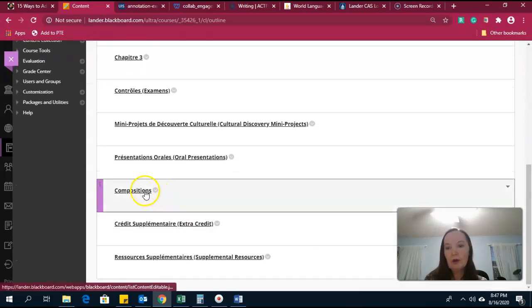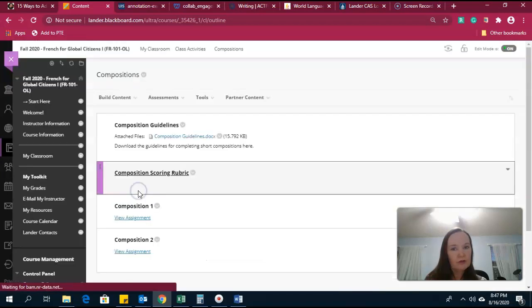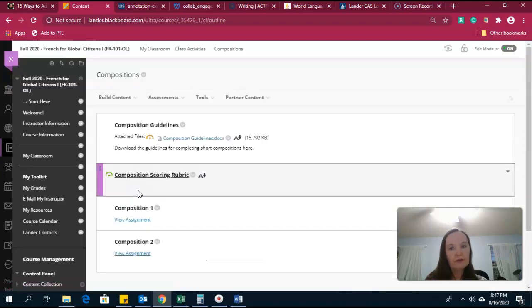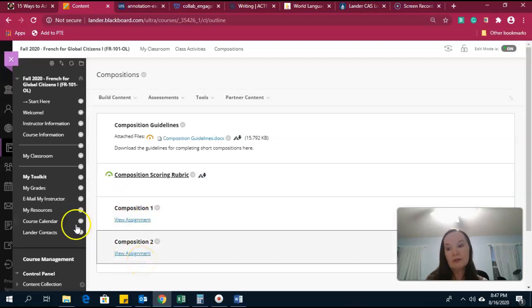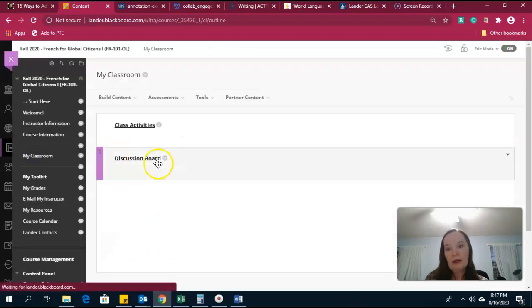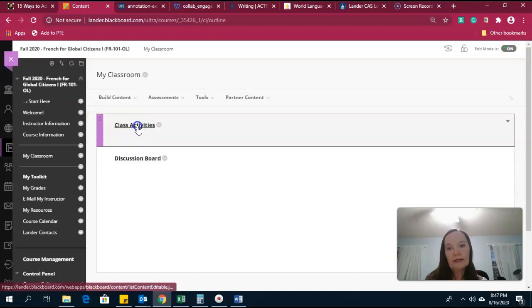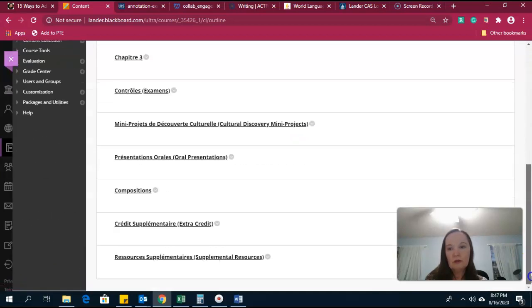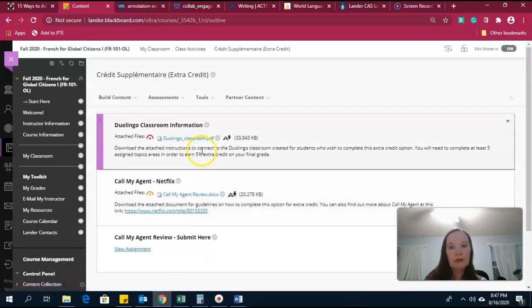All right, we're almost there. And finally, you can go into the compositions folder also to find out the composition guidelines, scoring rubric, and both of the links to submit those assignments. And then for any students who are interested, you'll find the information for extra credit. So the Duolingo connection information is here, and it gives you the code and how to connect on your phone or on a laptop.